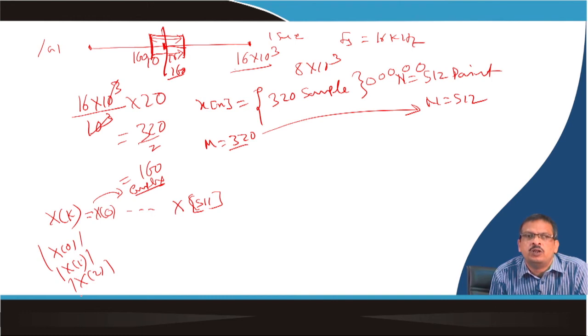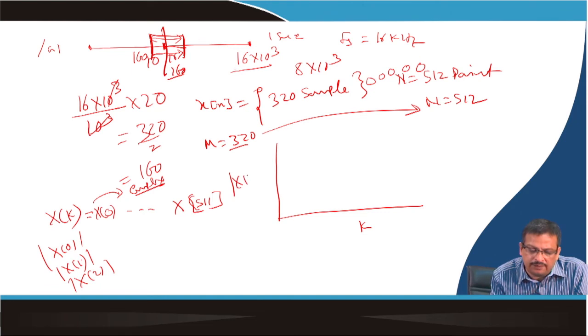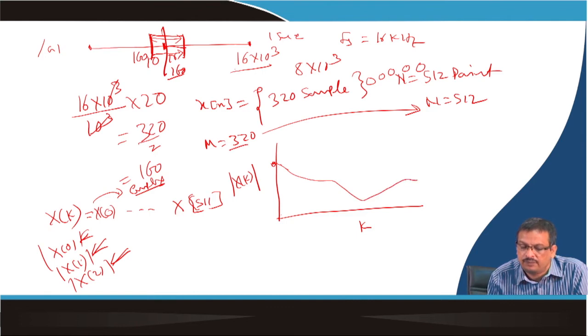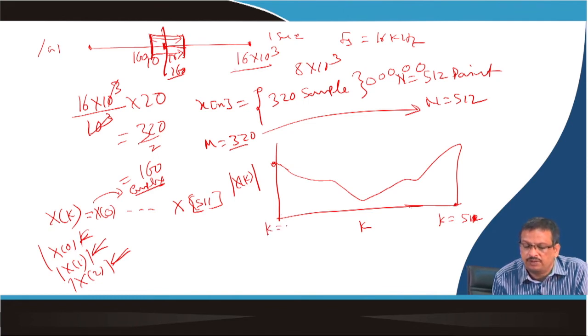Now I told you, plot the magnitude spectra. So magnitude spectra means the x-axis will be k and the y-axis will be mod of Xk. So I have already computed different Xk values and I have taken the mod. I just plot those values. So you can get this kind of plot. Let's say this kind of plot you get. Here k equal to 512, k equal to 511, last point, k equal to 0.